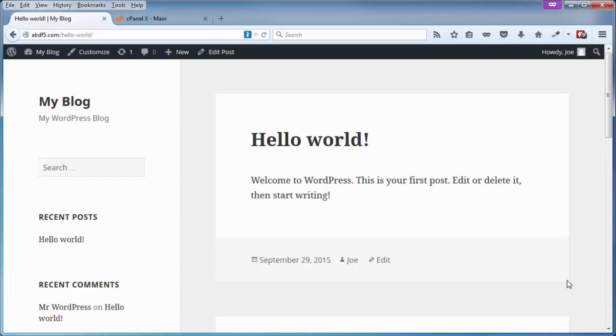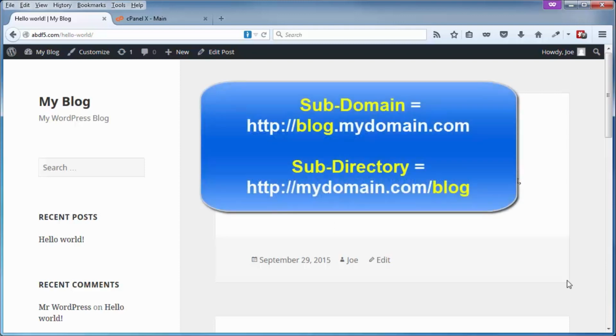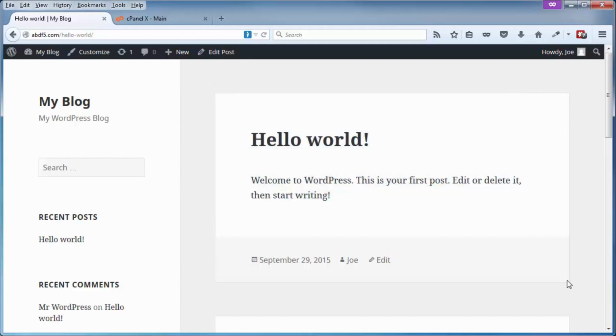Secondly, the moving of the wp-config.php file will not work at all. Matter of fact, it will break your site if your WordPress site is installed on a subdomain or if it's a multi-site setup. So that's another reason why I want to show you another way of securing your config file